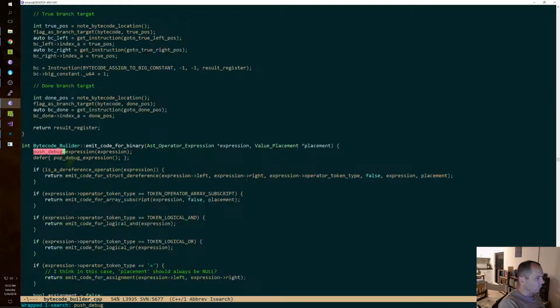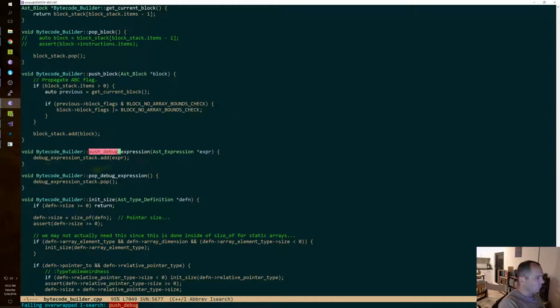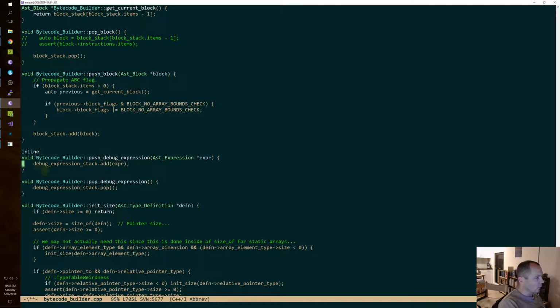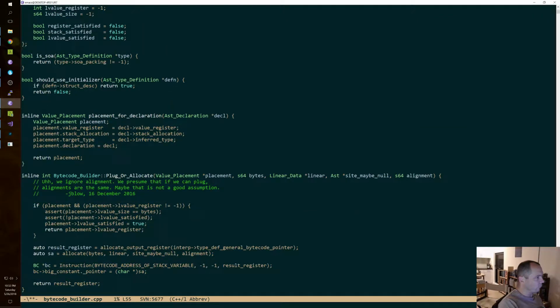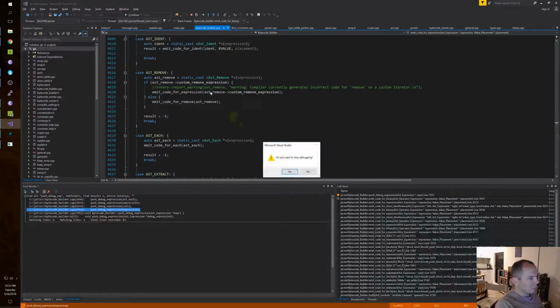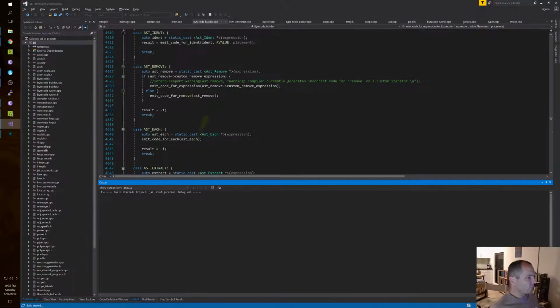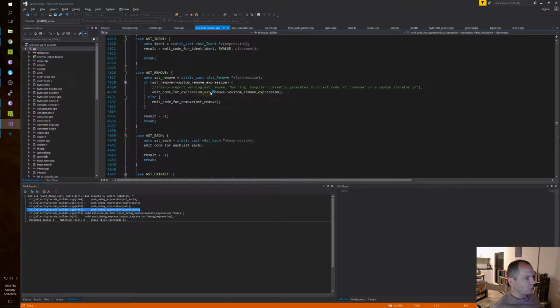All right. I'm going to inline these and put them at the top so that the compiler can frickin' see them. Now I want to run and not hit that breakpoint ever.